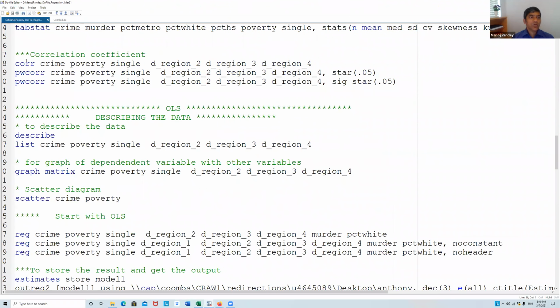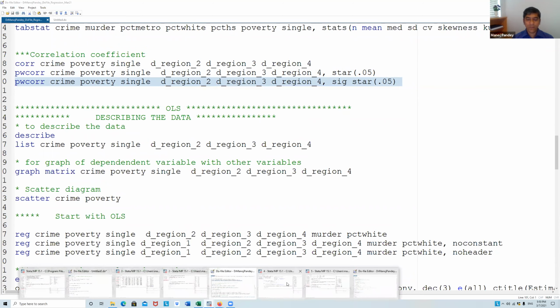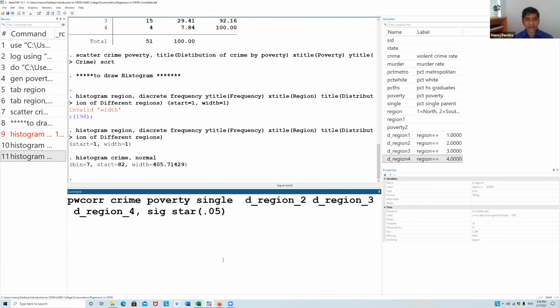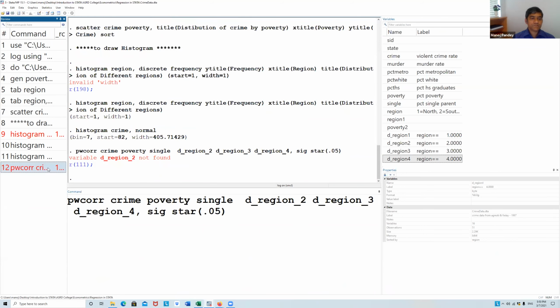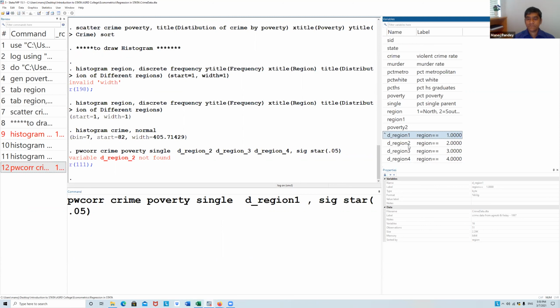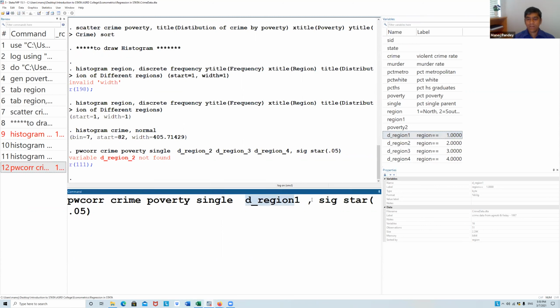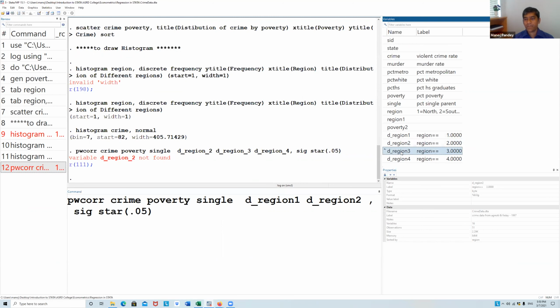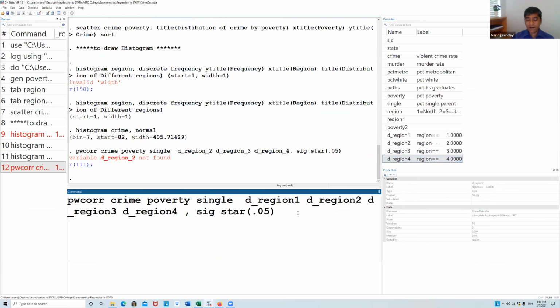Now I will go to the next level and I will say pairwise correlation between the dependent variable and the variables that I want to put in. All right.